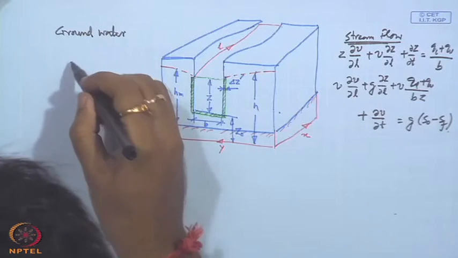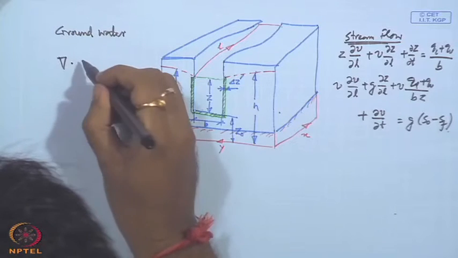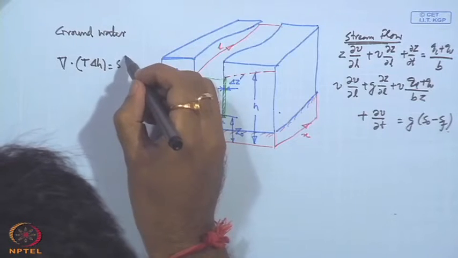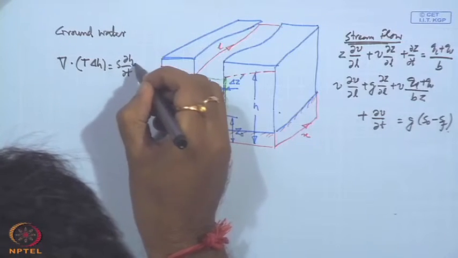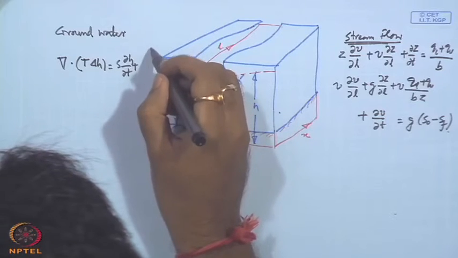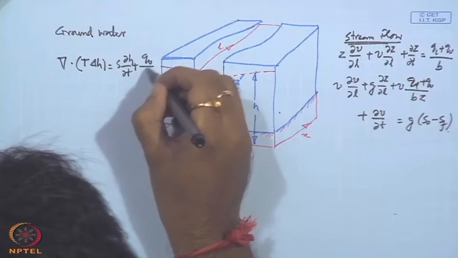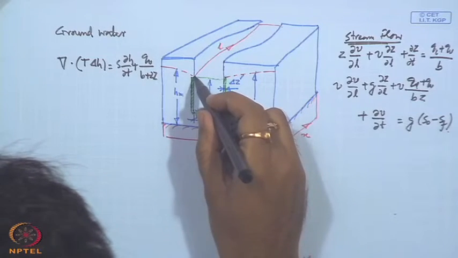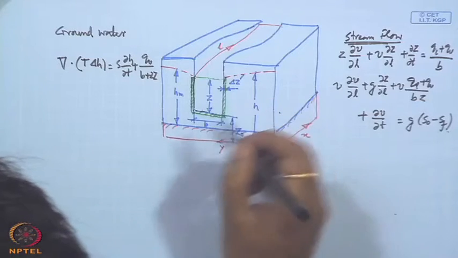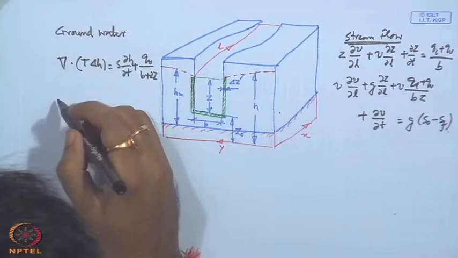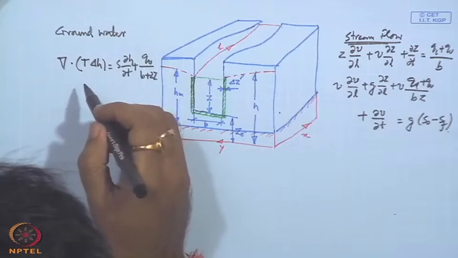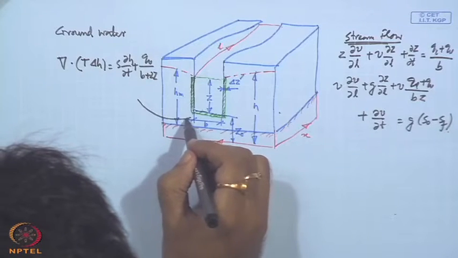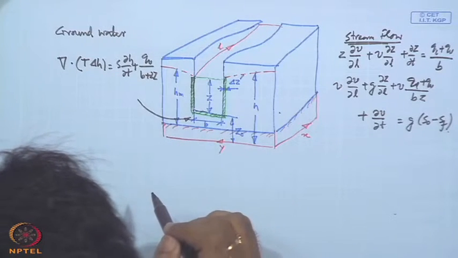So, in that one, divergence of T del H equals S del H by del T plus Q V B plus 2 Z, which is wetted perimeter of the channel. Now, this is valid for the lower part of the channel, and